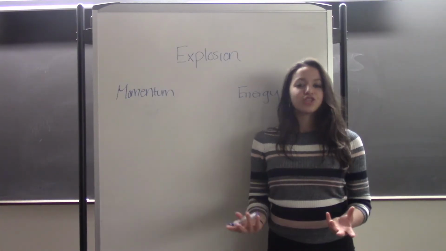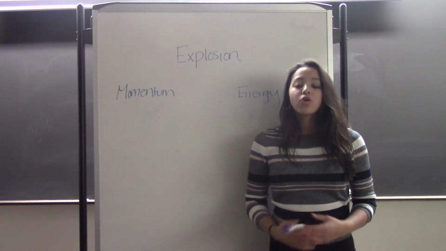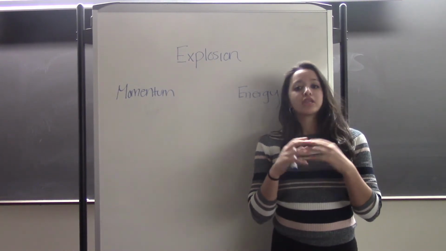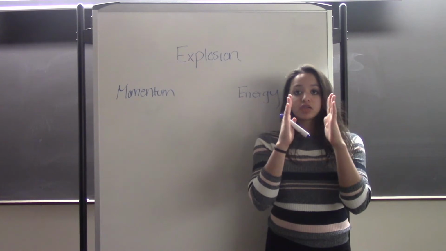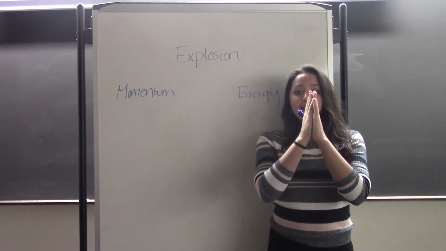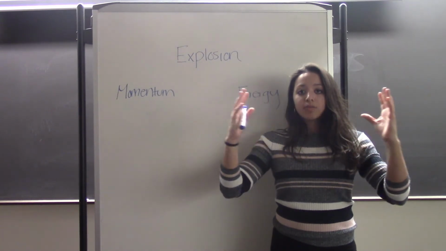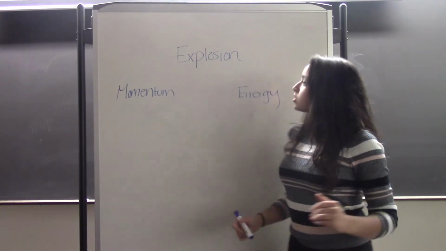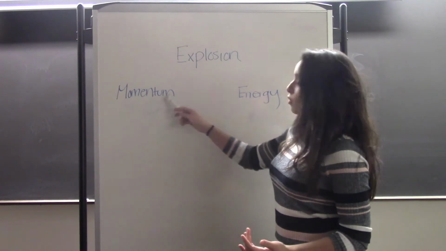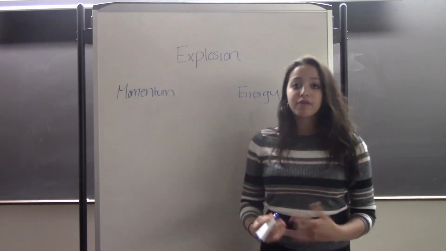Okay, so in the situation that you have just observed, we know that we have something called an explosion, which is where two objects start at rest together, and they have a brief, intense interaction with a force that makes them push away from each other. So in this type of situation, we know that momentum and energy must be conserved